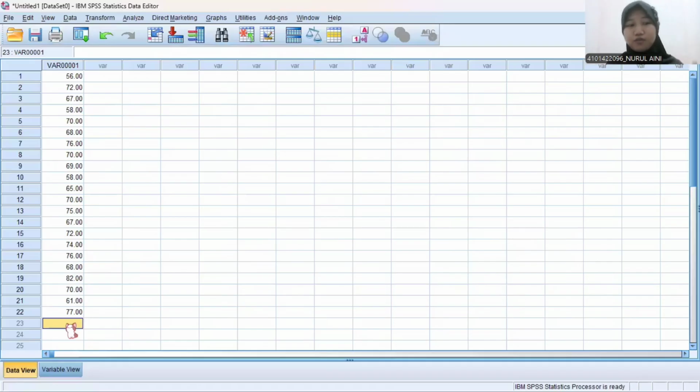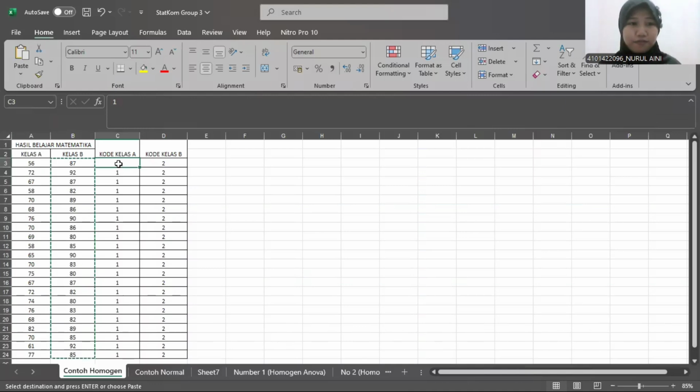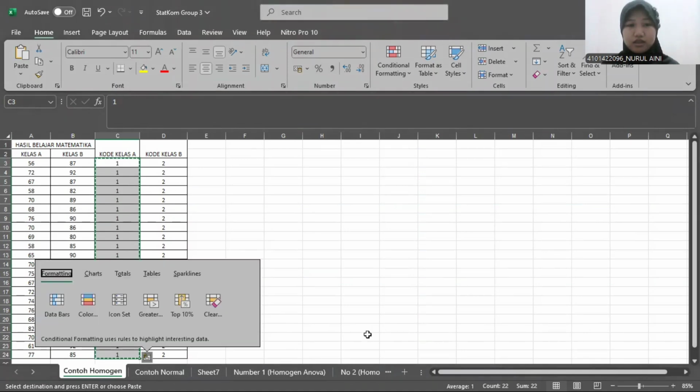We paste it below it. No need to use some space. You only paste it exactly right below it. And then for the code, we also paste it, but right at the column beside the grade. So it's 1, we copy it, and then